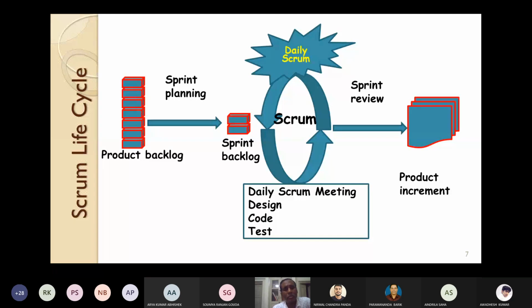Sprints, I have already told you, are runs or iterations. First, you collect the requirements and put them in the form of a list called the product backlog. Then you plan for each sprint. That means take out some requirements from this product backlog, which you can do in 1 sprint. Suppose I have taken out the top 2. So that means in this sprint, I can handle only 2 items from the backlog.